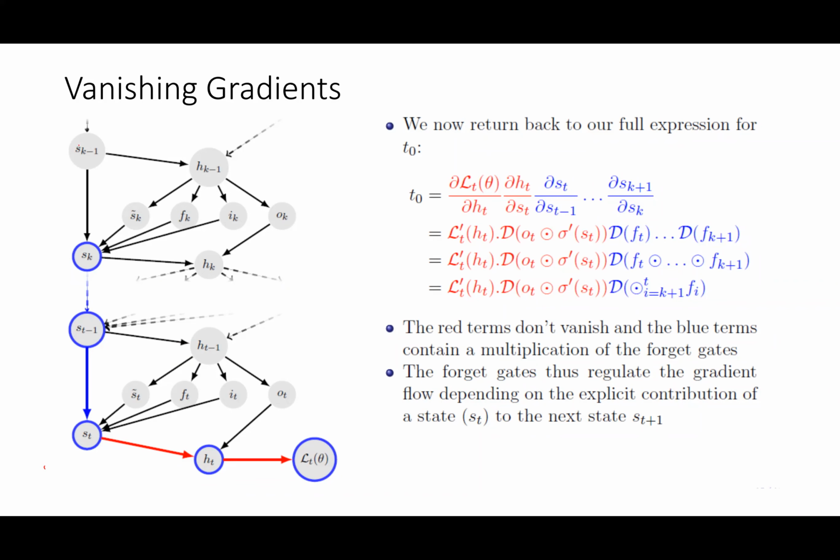W comes only once here; anywhere else W doesn't come, because W comes only in O, G, I. The forget gate is directly involved. If we need to forget in the forward direction, it is good to forget even in the back propagation. That is the intuition, and hence the gradient diminishing problem will be largely mitigated. Is this clear?